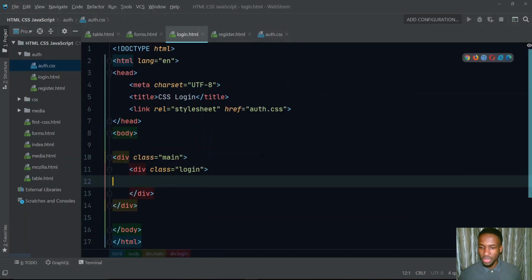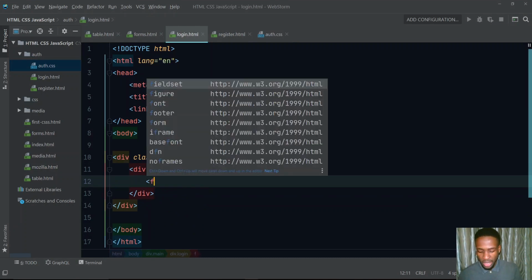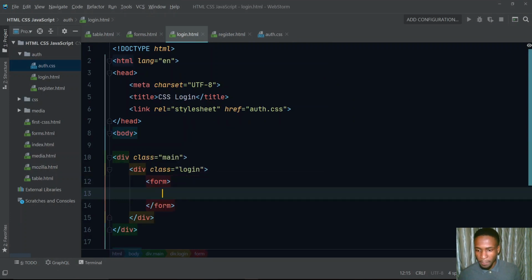So now that we've done that, I'm going to be placing some kind of forms over here. So I'm going to say form, and over here I'm going to be adding an input and a label. So the first label I'm going to make is this. So this is my label, and I'm making this label for, let's say, the email. Let's say we need the email, and we call this email. I'll put a quote there, and I'll make the input,